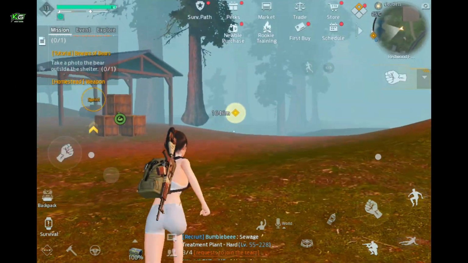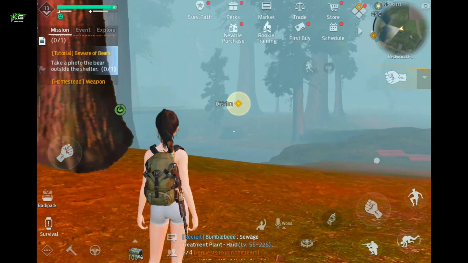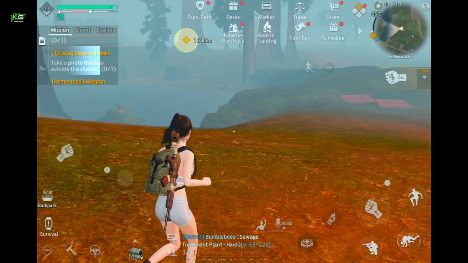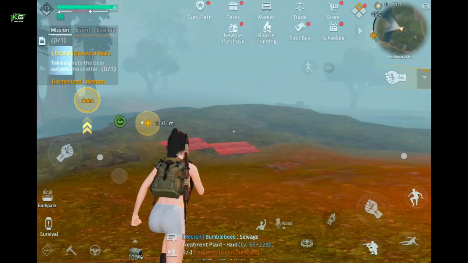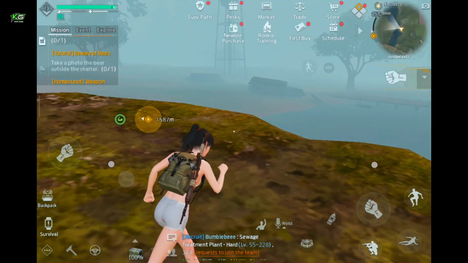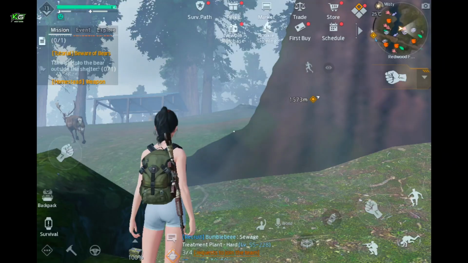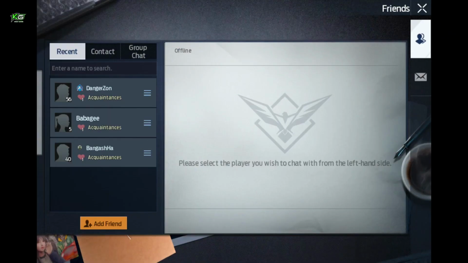If you are on Undawn and wondering how to chat with friends in the game, then here is how you can do it. The first thing you want to do is to open the Undawn game on your device, and once you're inside the game, go ahead and tap on the Friends tab from the bottom of the screen, this one over here. And once you're inside this Friends tab, go ahead and select a friend you want to